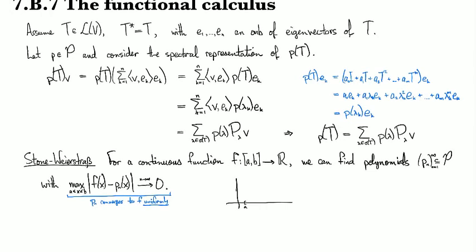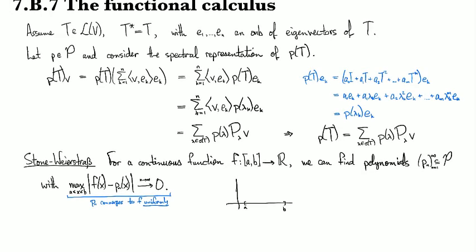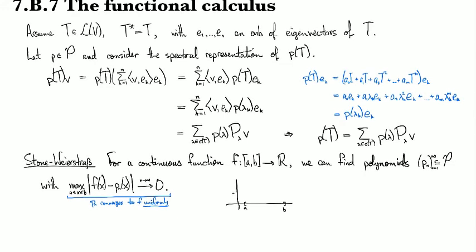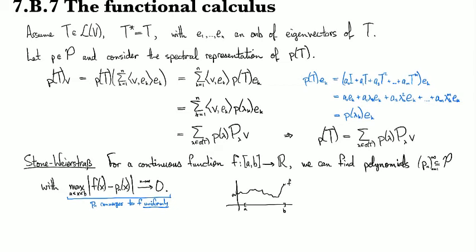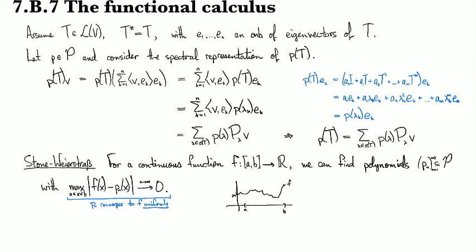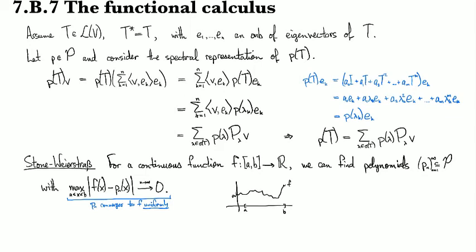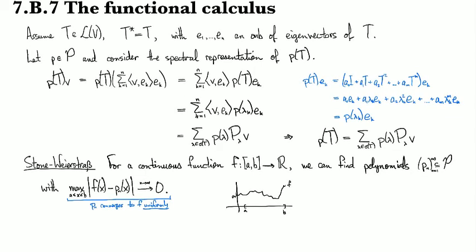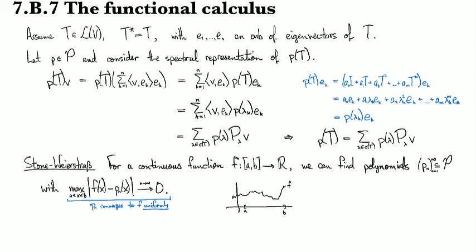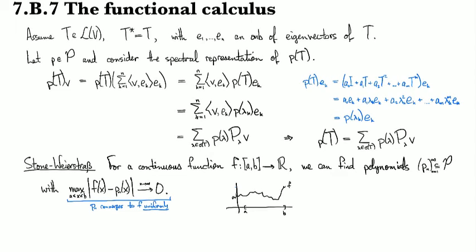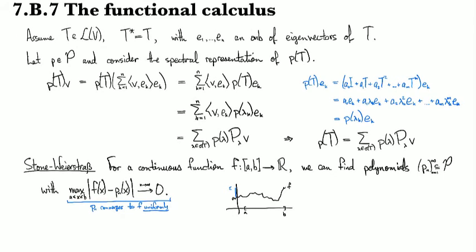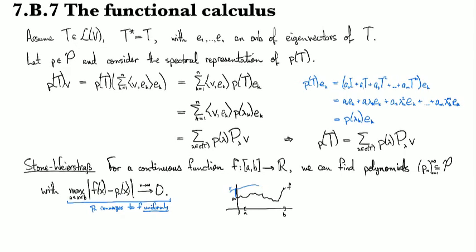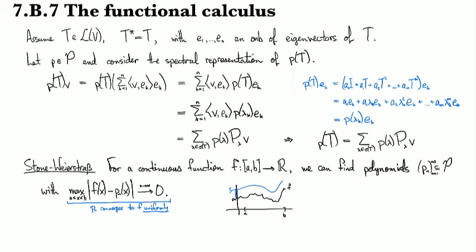So if this is our interval from A to B, and then we've got some function f, and it's continuous, then what this is saying is that I can find polynomials whose max discrepancy from f is as small as I want. So if I take, say, epsilon to be this distance right here, then that's like saying I can find a polynomial that will guarantee